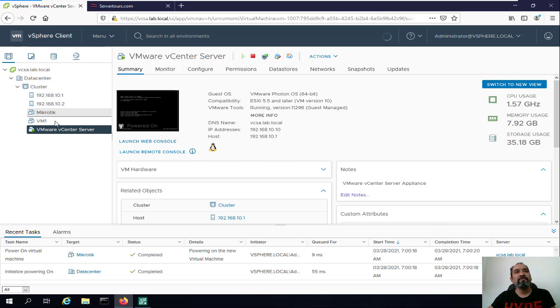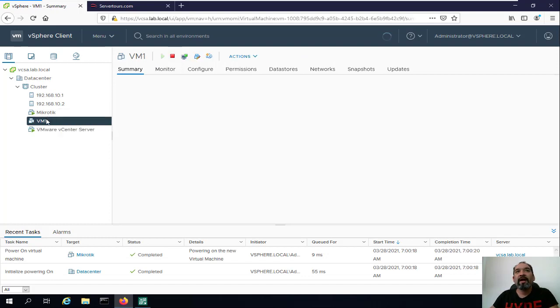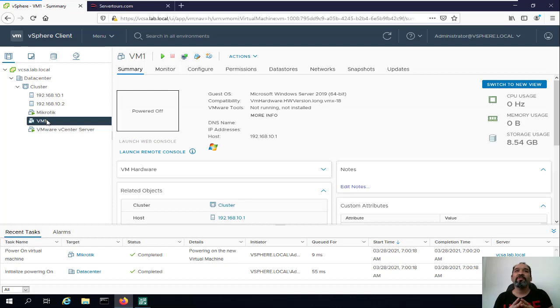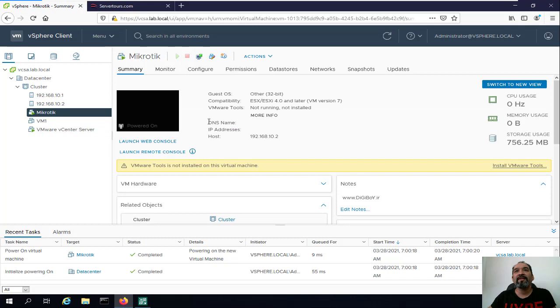I mean just MikroTik, and I want to take backup, and then I want to show you how you can easily restore them to the original location, which is, as you can see, Veeam is, let me show you, installed on this ESXi, which is 10.1, and MikroTik is installed in the second